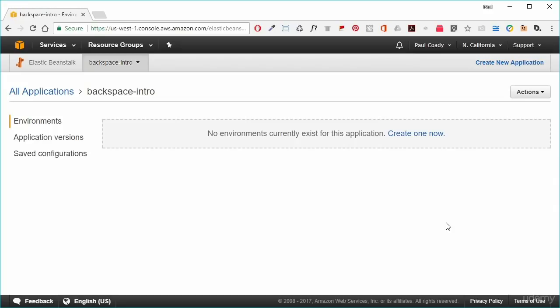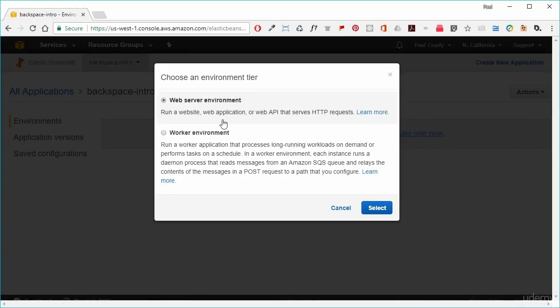We can download that, and then we can change that a little bit, and then upload a new version of that Node.js application and see what happens. So for now, let's just click on where it says no environments currently exist, and we'll click on create one now. We're looking to create a web server environment,